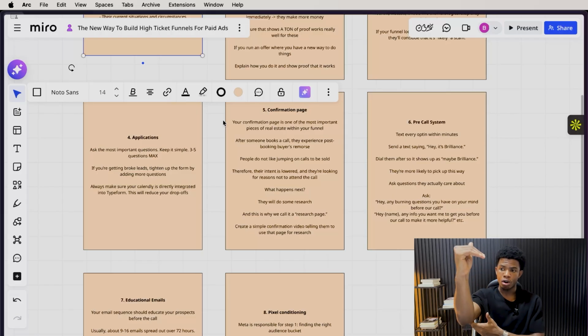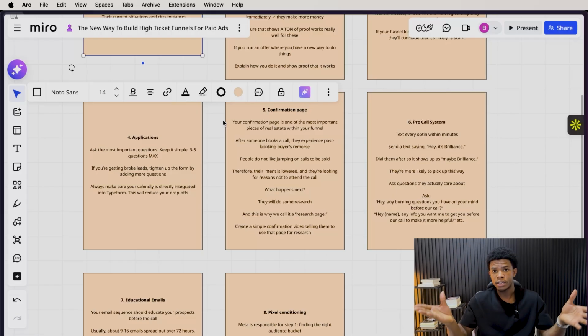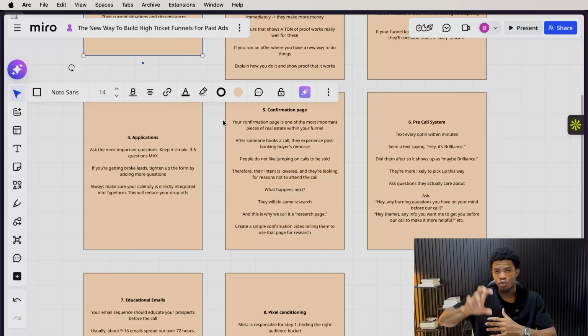Therefore, when they book calls, their intent is low. And then it's your sales team's job to go in and increase the intent. And also the confirmation page helps drive up that intent as well, because we're answering specific questions that our prospects usually have. And you as a business owner, you probably know that your customers really ask most of the same questions. So simply what we're doing here is being transparent with them and answering the questions that actually matter to them, right?